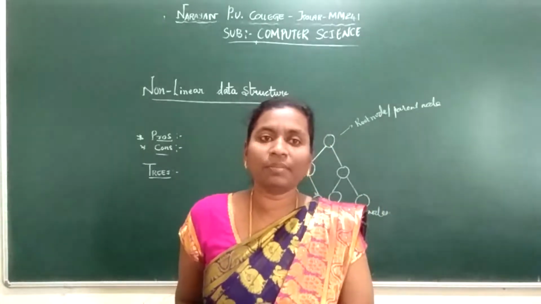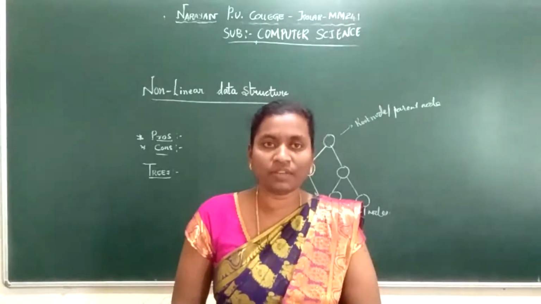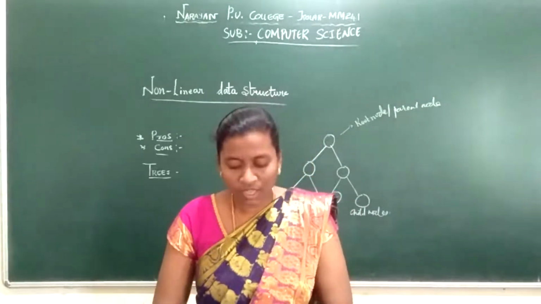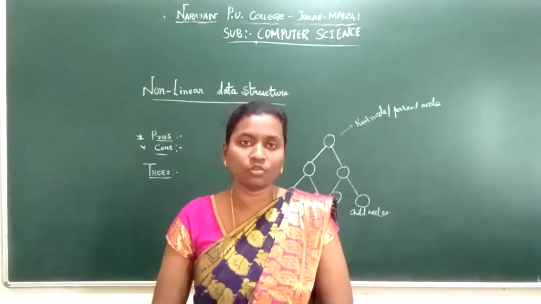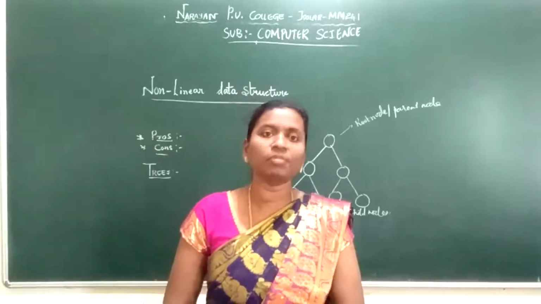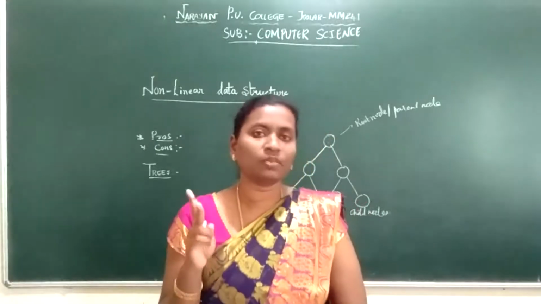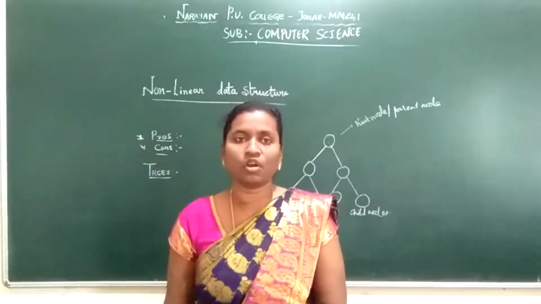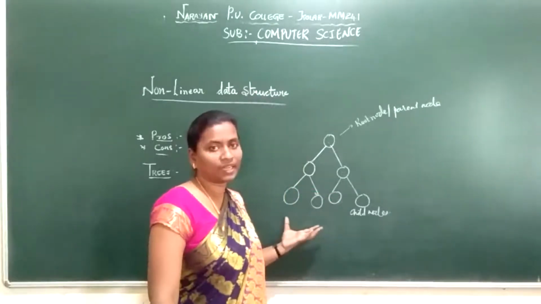What do you mean by binary tree? When you are writing the definitions, please be very specific. This will be asked for 1 mark. A binary tree is a tree in which each node has at most 2 descendants. Do not write "2 or more"; at most means the maximum. At most we can have 2 descendants, since binary means 2. Hence it is called a binary tree. What I have written is an example of a binary tree.